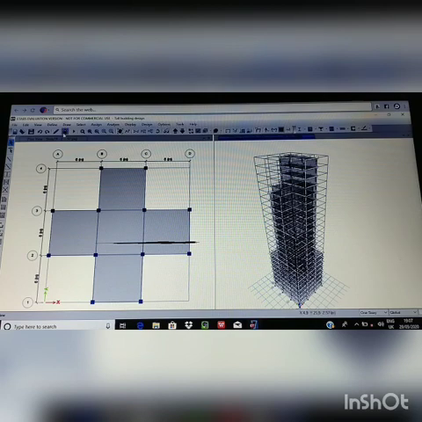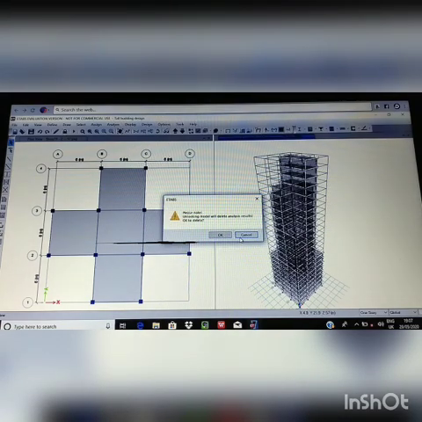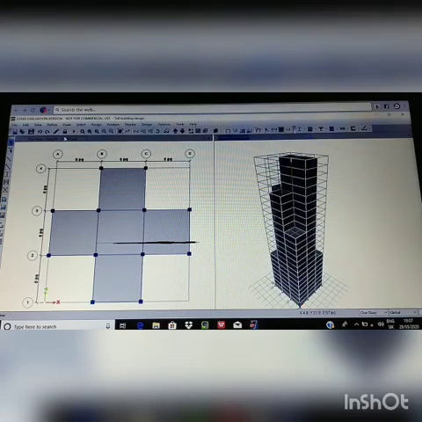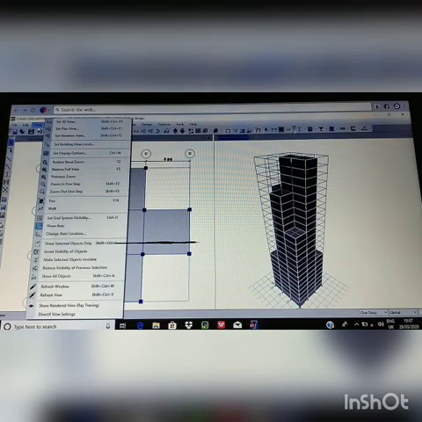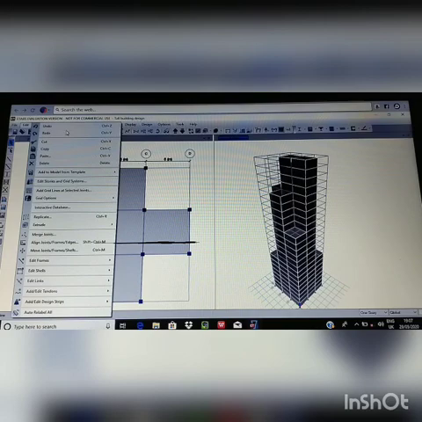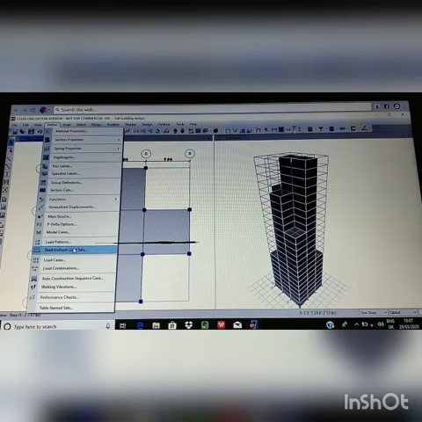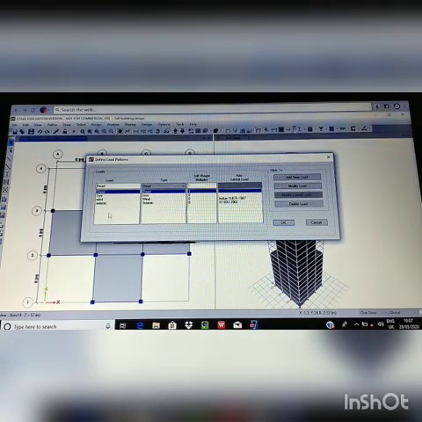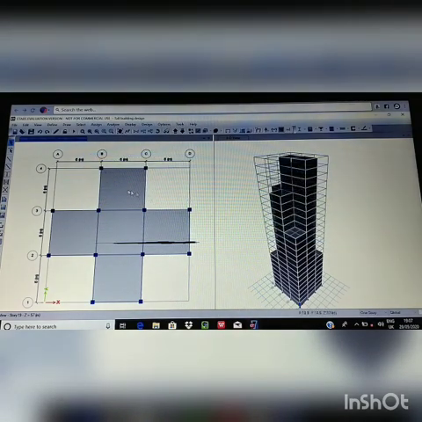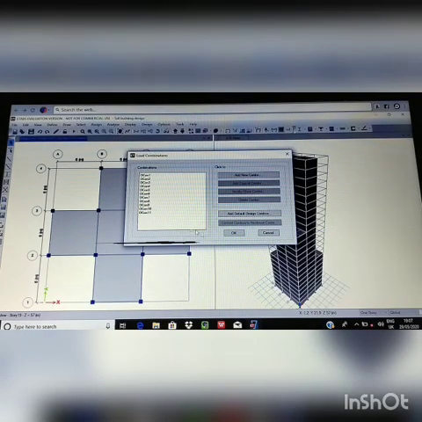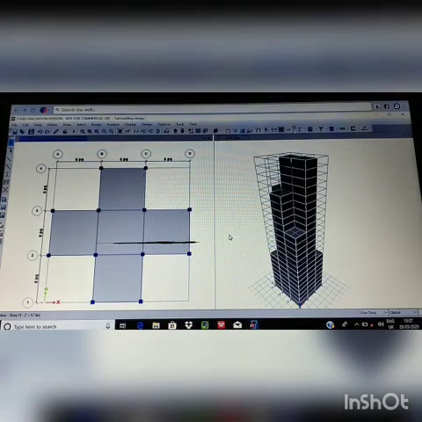Now we do seismic analysis on the basis of the time history method. This is the same as the response spectrum method. So first of all check whether the seismic load is added or not, as we did previously. Click on Define, Load Pattern, Seismic Load, Modify Lateral Loads and click on X direction.